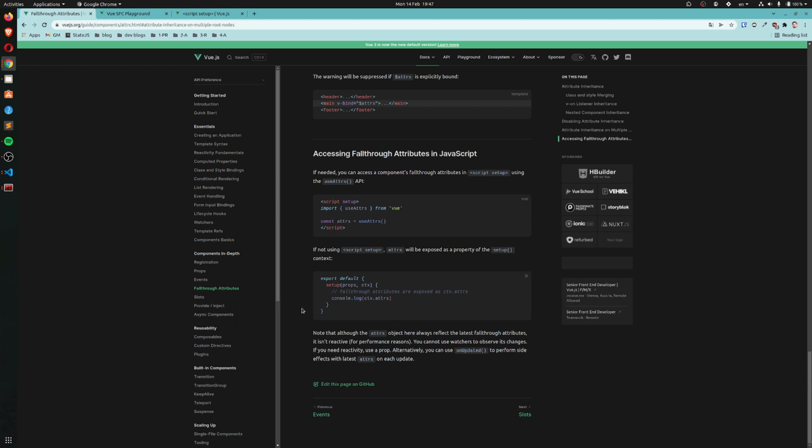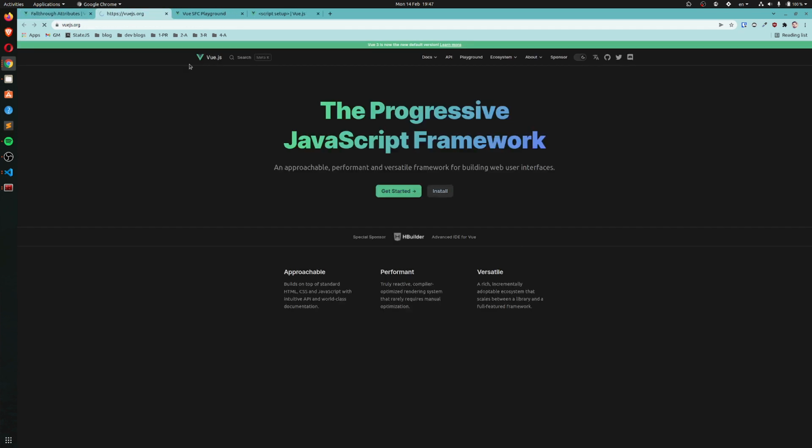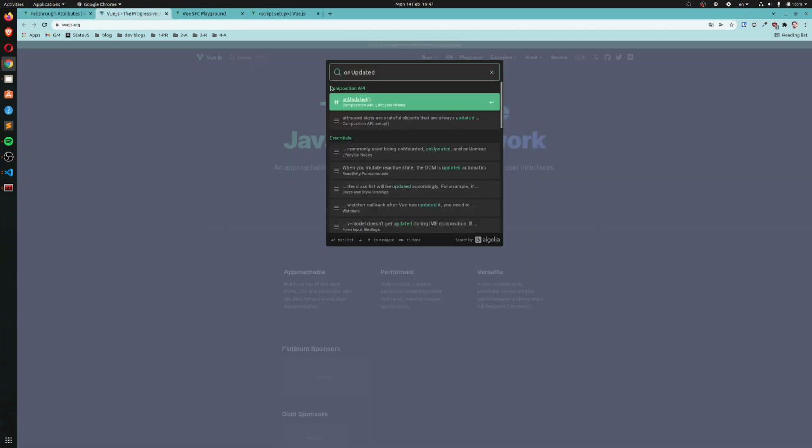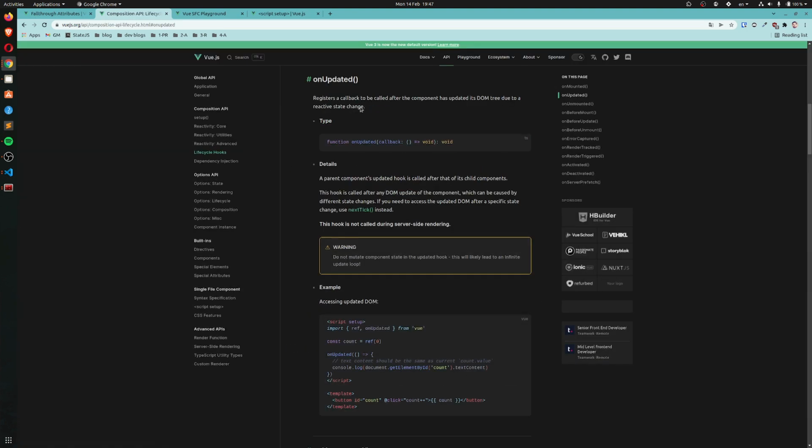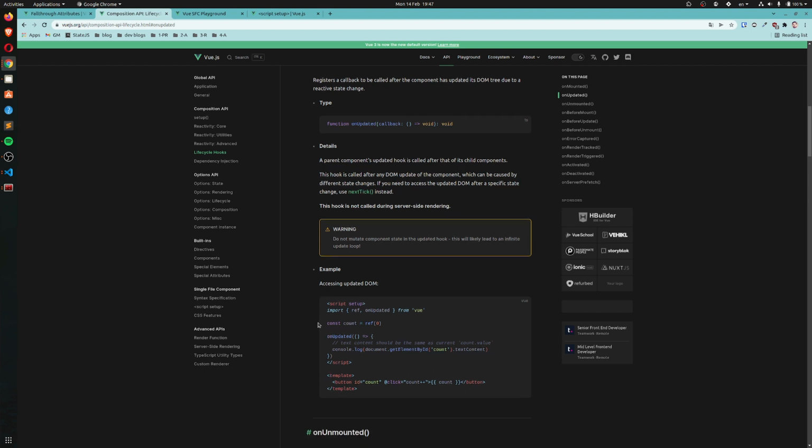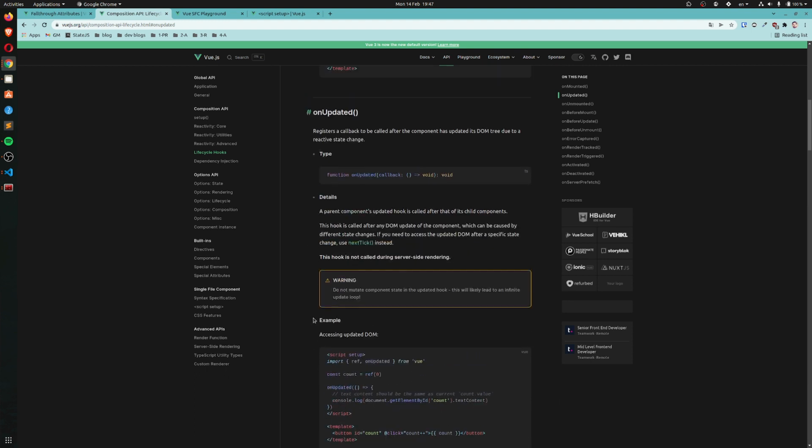Alternatively, you can use onUpdated to perform side effects with latest attrs on each update. How? That's the question. onUpdated